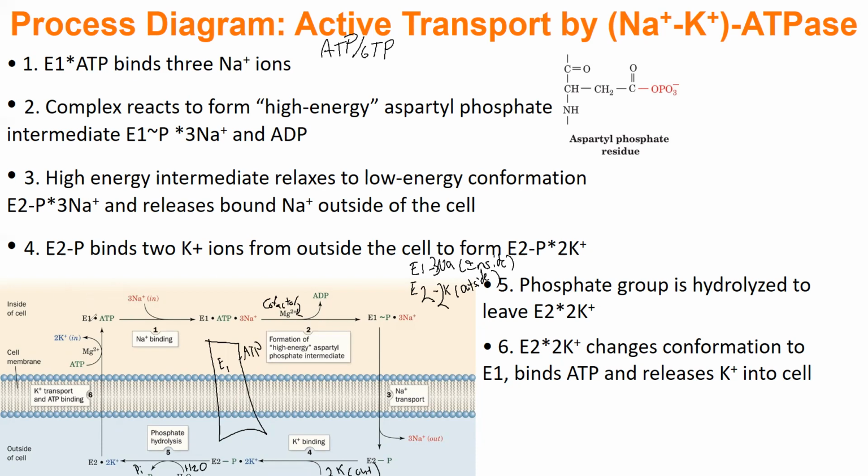So let me just draw little pictures of that again over each image to make sure we have it. So we have E1 with ATP bound. Then we bind 3 sodiums, ATP still bound. Then we hydrolyze, so we're E1, just a phosphate now with 3 sodiums. And those 3 sodiums go through. Once they go through, we have changed conformations,